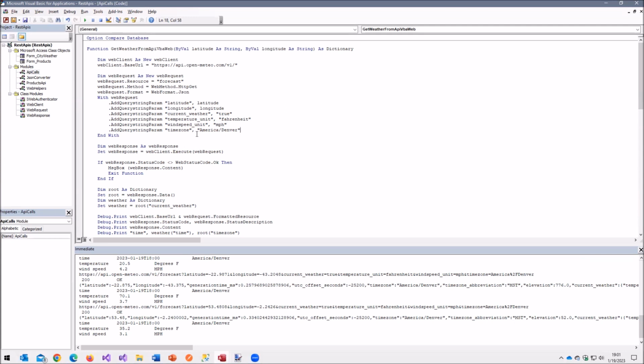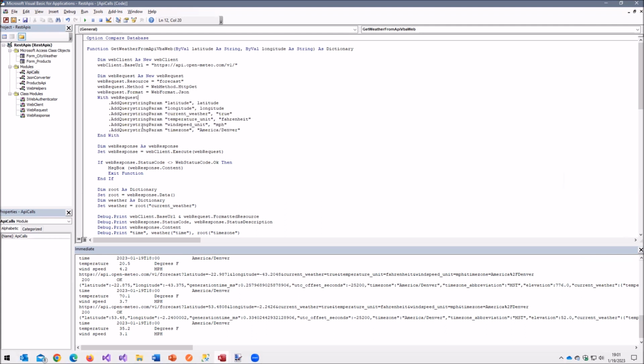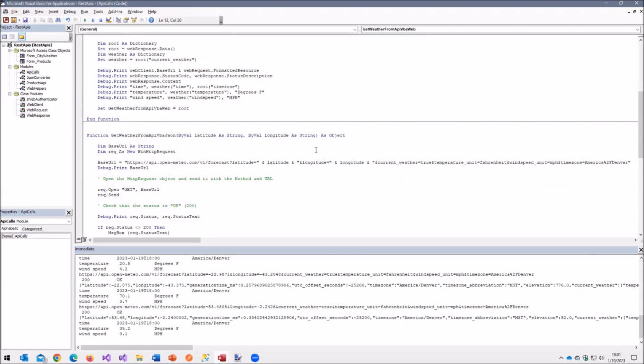So this is the abstraction that VBA Web offers. Notice that it's very comfortable for somebody who's used to using VBA and not doing a lot of string parsing. I'll show you what the alternative looks like.